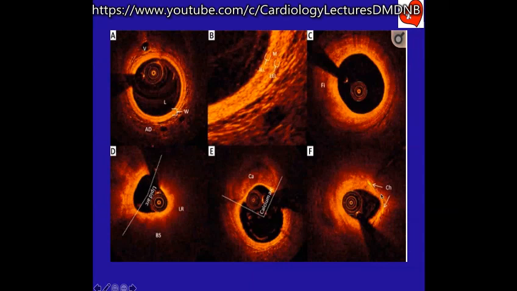Anyway, don't worry about so much detail. This is a fibrous plaque, this is a soft plaque, and this is a calcified atheroma. Keep it simple. Okay? In all these pictures, the intima and adventitia are not even seen. They are outside the picture. Okay? Shall I move on? Yes.